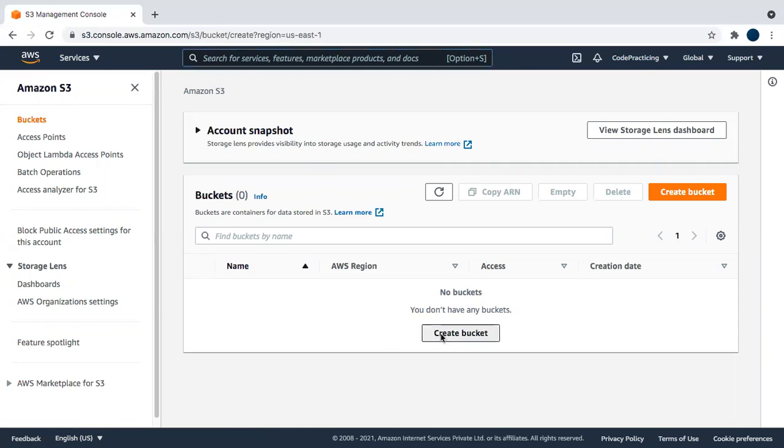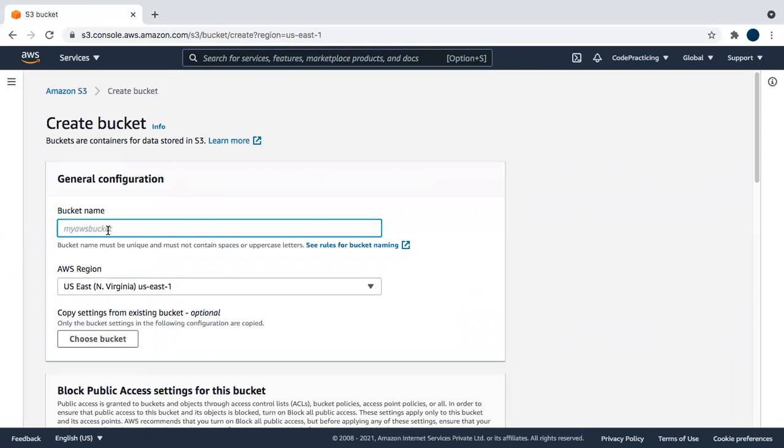So first we'll create our S3 bucket to save our query result on it. Click on create bucket, give a unique bucket name. We'll give it code practicing Athena results bucket.